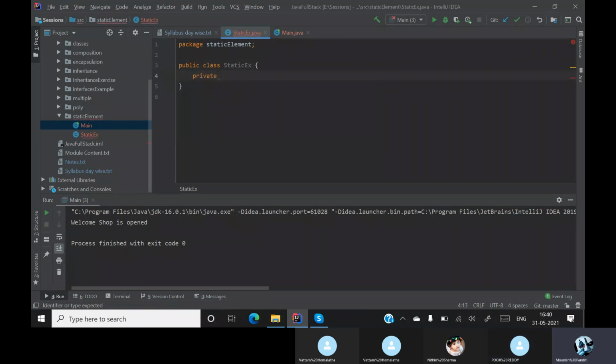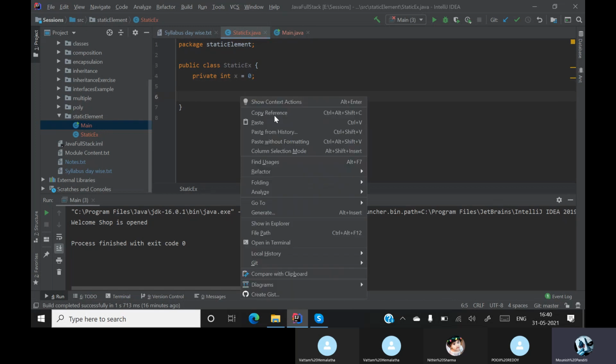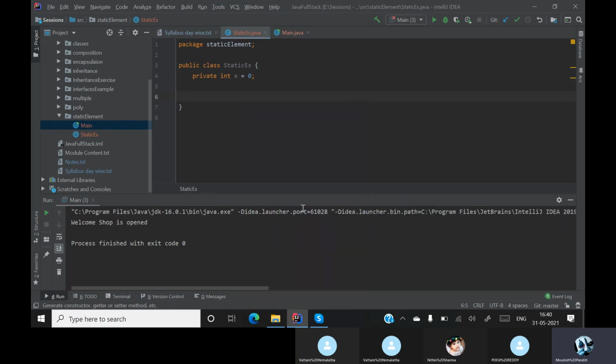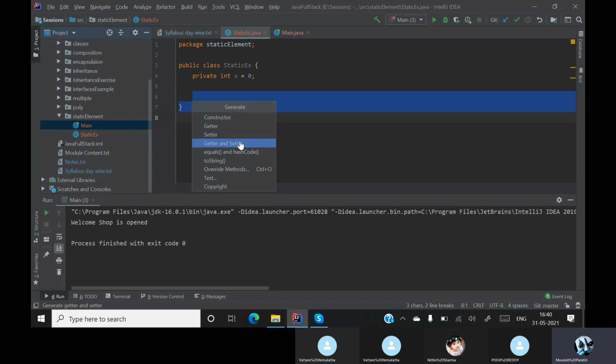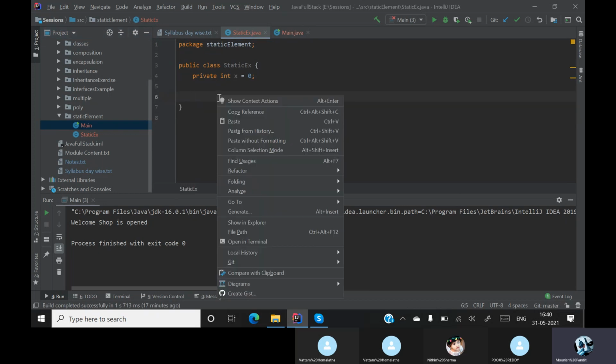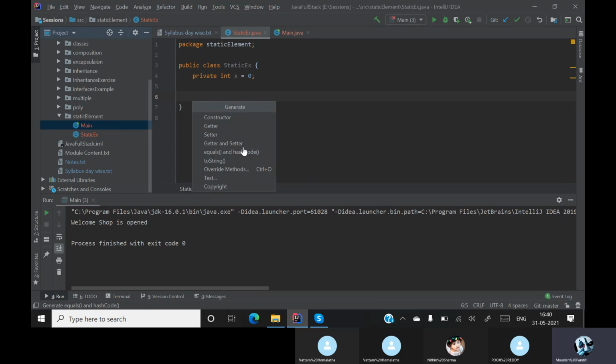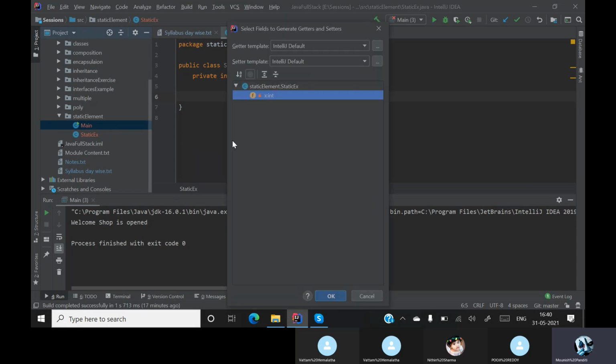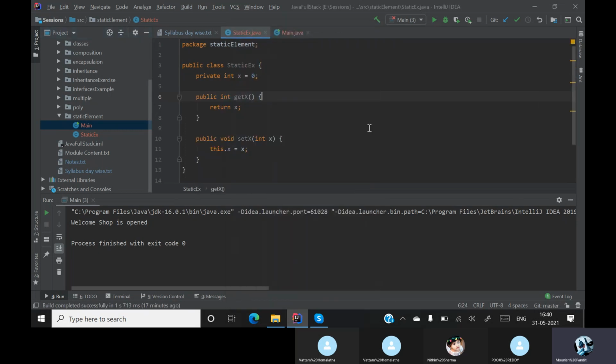Assume that you have a private element of type int, and I'll call that element x, currently which is 0. Now I'll create getters and setter methods for that. I have created some getters and setter methods for that x.